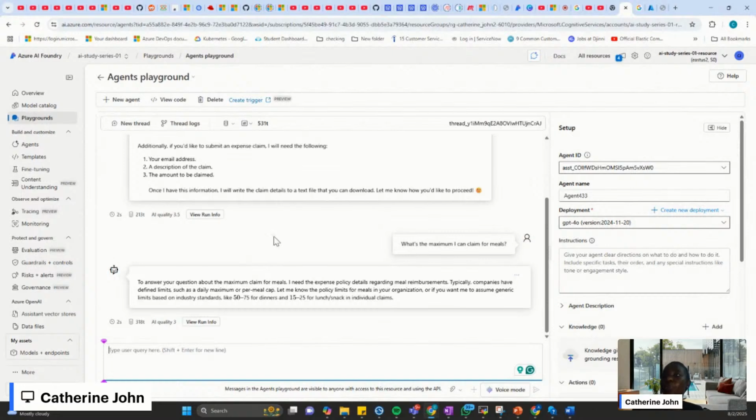So what we have now is the maximum we can claim. It's telling us that the maximum we can claim now is between 50 to 75 for dinner and between 15 to 25 for lunch. So since we are aware of what we can claim,